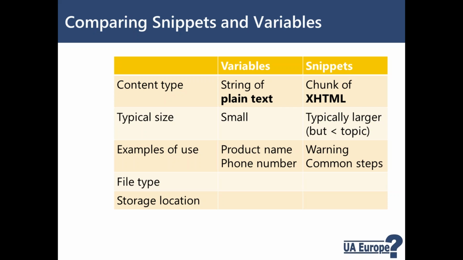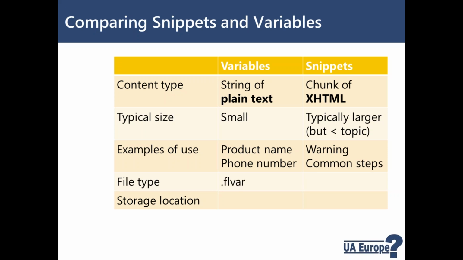Snippets, as I say, are normally a decent sized chunk of information. I'm normally talking about at least a paragraph. It could be a warning, for example, a standard warning where I've got the wording exactly right. Maybe my legal department has checked the wording of this warning, and I need to make sure that every time I issue this warning, I get exactly the right text. And if I need to update it, I have 1 place to update it. But I might also use a snippet for a sequence of steps. Maybe there's a sequence of steps for opening a main screen that I need to repeat in many different places. I would use a snippet for that.